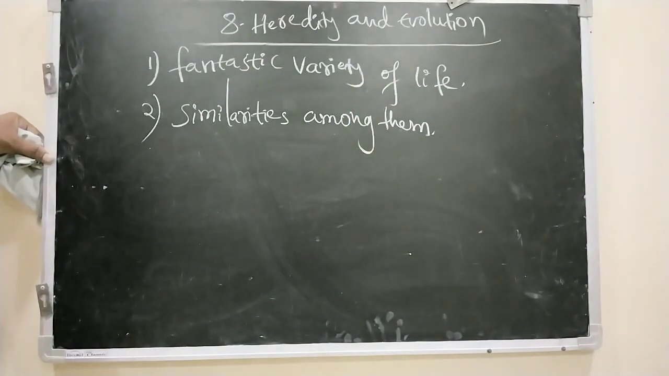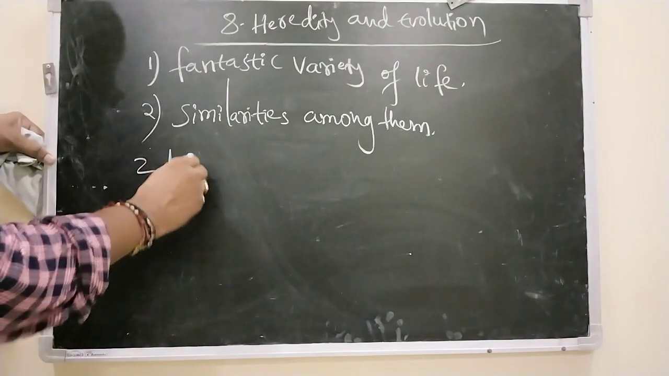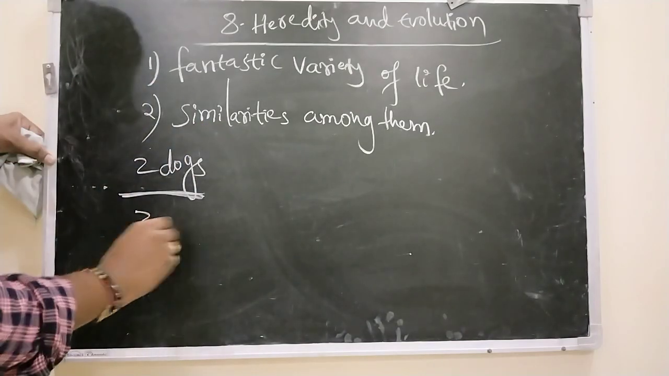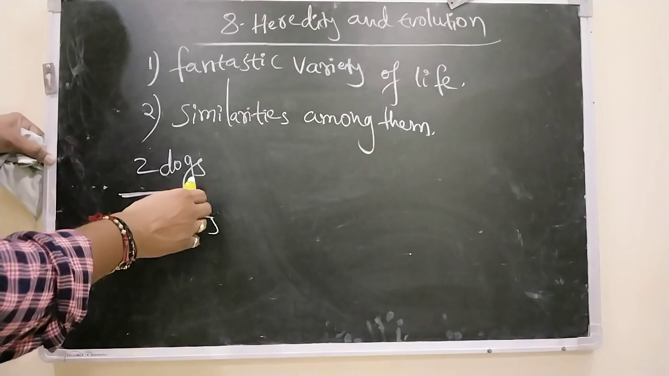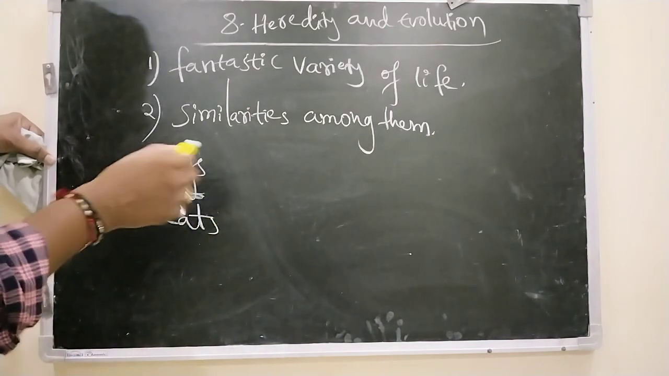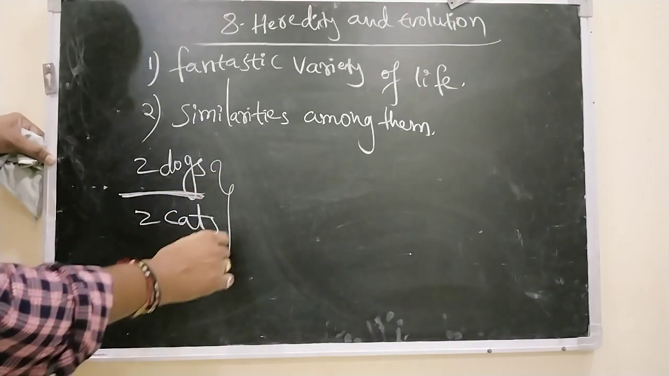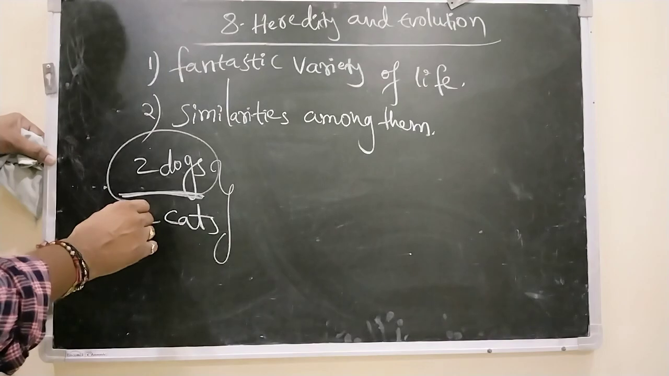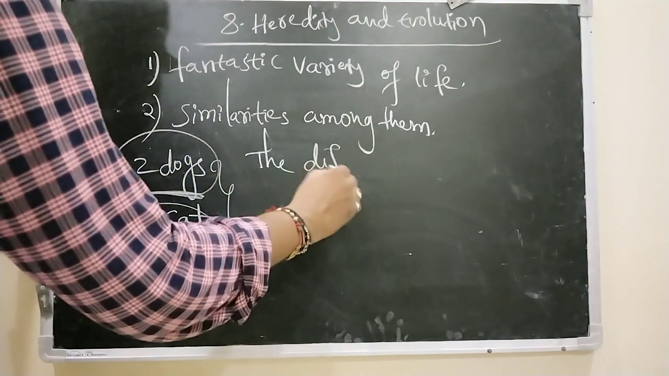For example, if we observe a dog species, between two dogs also there are differences. Between two cats also there are differences. So the differences are more. These are called nothing but variations. The variations are more between two species compared to variations within the species. Okay, so what are variations? They are the differences